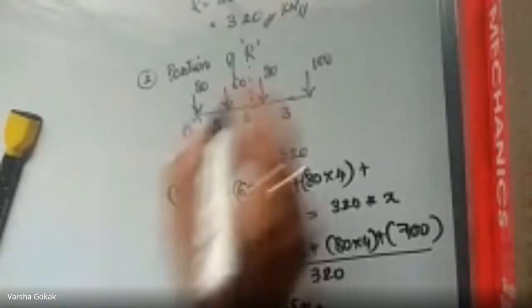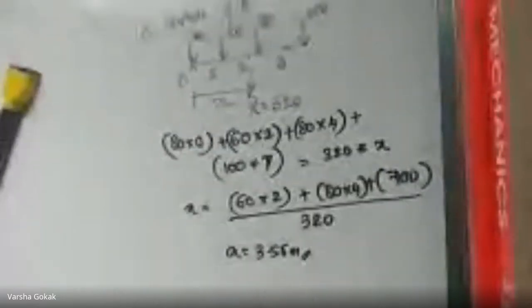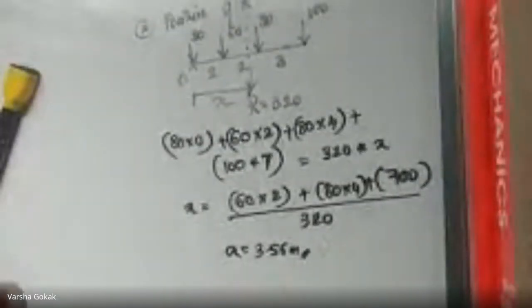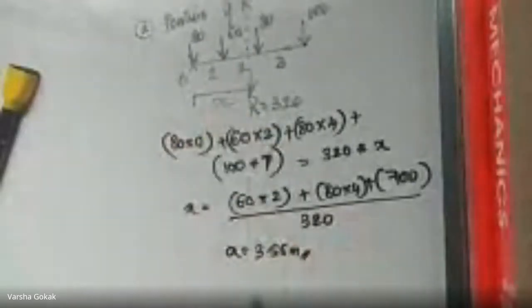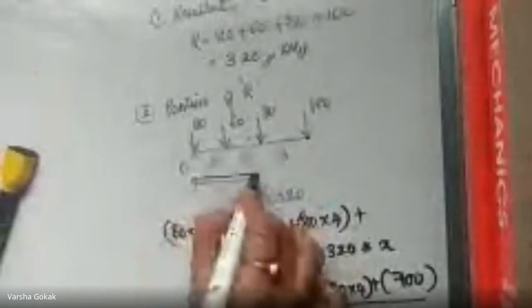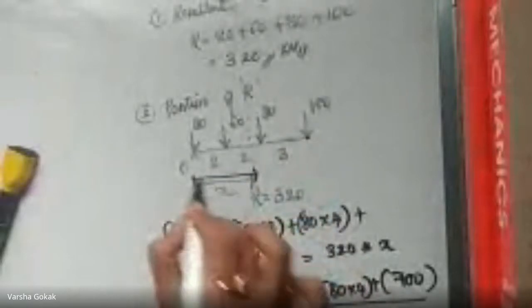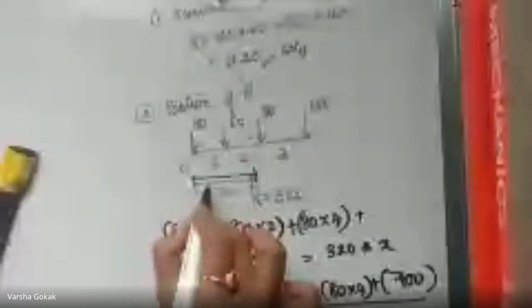If I take the moment at this point, the value of the bending moment, X value changes. So it's okay. X is 3.56, which is correct for our case. So X 3.56 means, this is 2, 3 means it has entered here, right? So this distance is going to be 3.56. It is within 4 and more than 2. So between these two loads only it is going to be there.